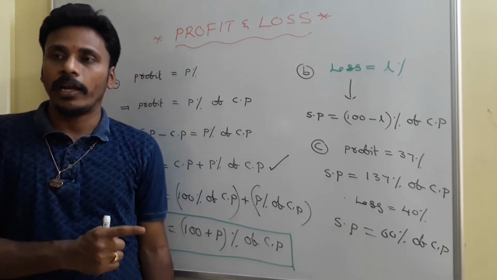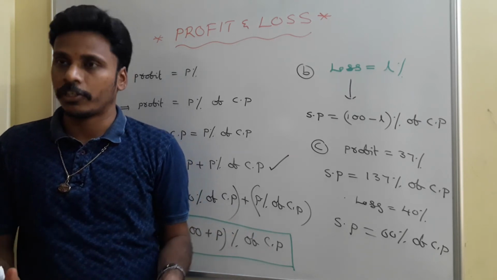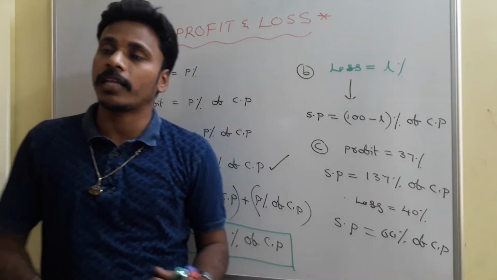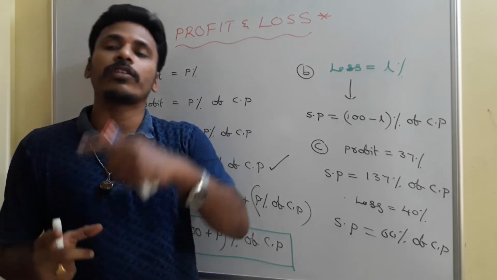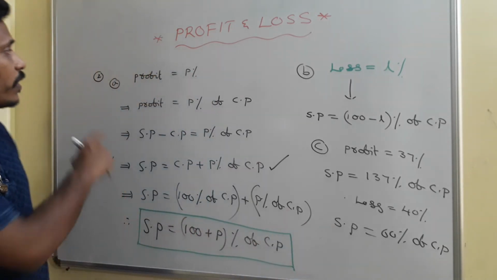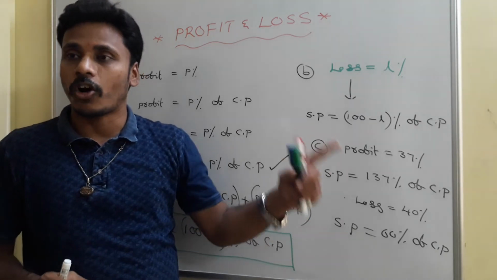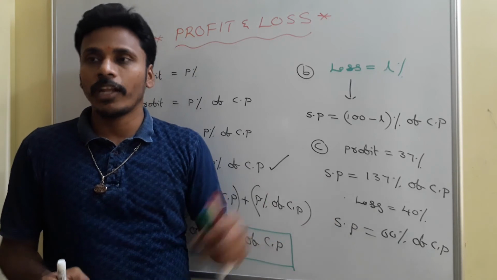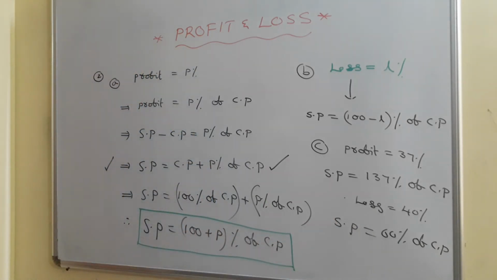In the first point, we learned the way of calculating profit and loss by subtraction, and then we learned the way of calculating profit percentage and loss percentage by comparing the profit and loss amounts with the cost price. But here in the second point, I mentioned the direct relation between selling price and cost price with the profit percentage or with the loss percentage. Just have a look, go for a screenshot, and then I will give you one simple example based on this.